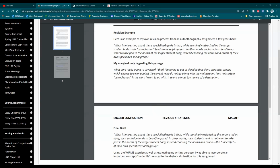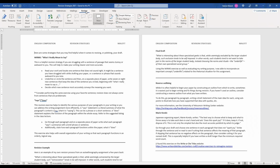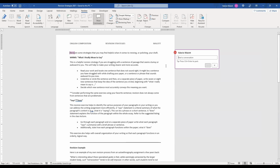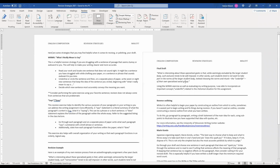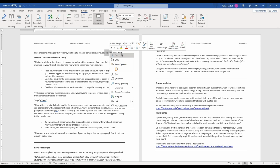So let me share a new thing here, get into Word. So here I am in Word. If you come to this review panel up here, you click on review, you can actually start inserting comments, right? So what you can do here, and you can also do a right mouse click, say I don't like the word polishing, right? Do a right mouse click and add a new comment, and then